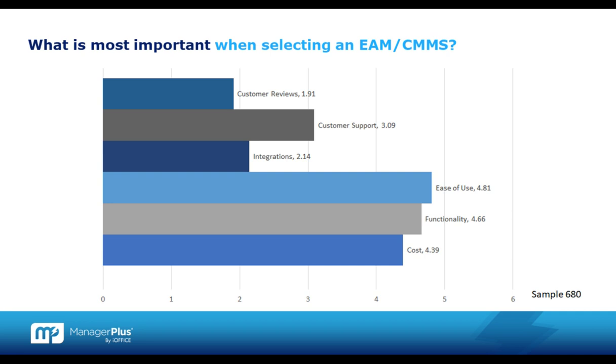Almost equally important was functional requirements, but this may be surprising to some: ease of use is the most important factor when making a decision, followed by meeting the feature requirements. Cost, as would be expected, is also an important factor, and this is followed by customer support offered by the vendor. And then we were seeing that integration with other software systems and user reviews and testimonials were somewhat less important. So it's interesting that ease of use is the most important